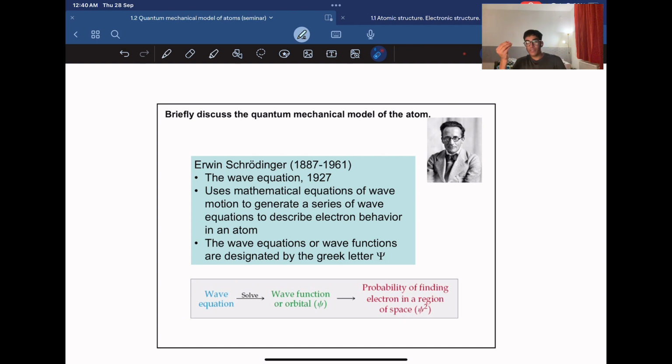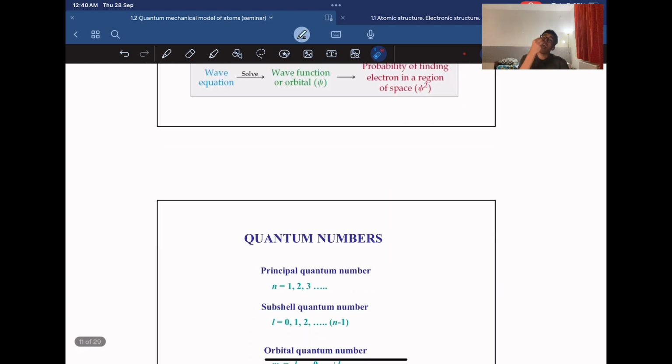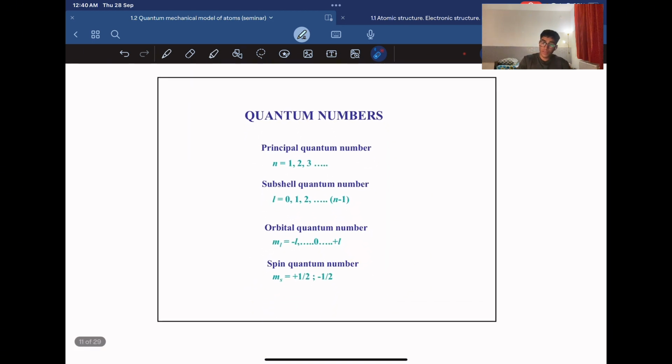Instead, there's a cloud around the nucleus, or spaces where electrons can be found. That's where we get the s orbital spherical shape, p orbital dumbbell shape, d orbital double dumbbell shape. These are the places where the electron can be found. Okay,